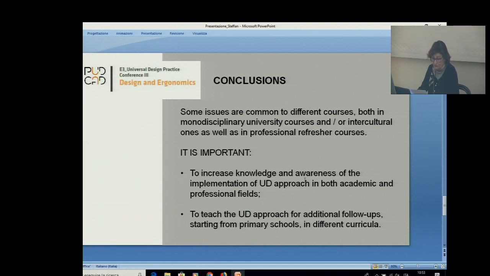It is essential to teach the UD approach with additional follow-ups, starting from primary schools in different curricula, to train not only architects and urban planners, but also professionals in other sectors such as